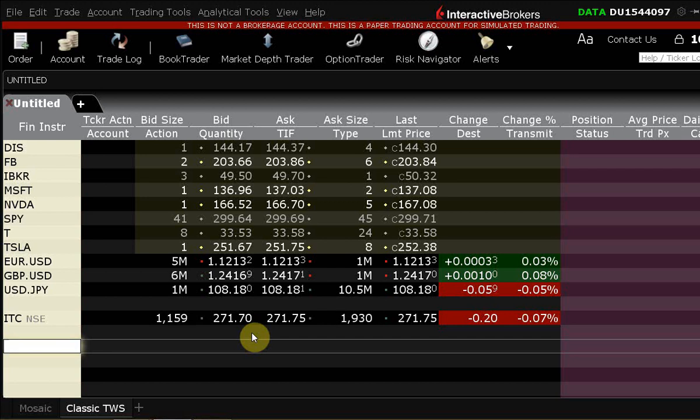If I can buy ITC on the BSE for anything less than 271.70, and I can do it in huge volume, typically arbitrage you want to do in massive volume, as high as possible, because the profit is guaranteed. So if I can, I would like to buy millions of shares. If I can buy, let's say at 271.69, 10 million shares of ITC on the BSE, and this price is good for 10 million shares, then I would buy at 271.69 on the BSE and instantaneously sell at 271.70 on the NSE.